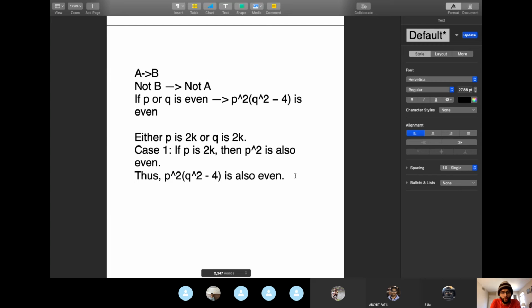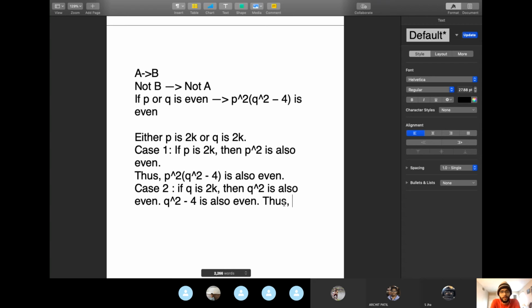In case 2, if q is 2k, then again q squared is also even. Q squared minus 4 is also even, because this is the difference of two even numbers. And if you add two even numbers or subtract two even numbers, you will still get an even number always. It's easy to understand, because this is 2 times something and this is also 2 times something. You can take 2 out of the equation and make a bracket, use the distributive property, and you'll get another even number. So if q squared minus 4 is even,